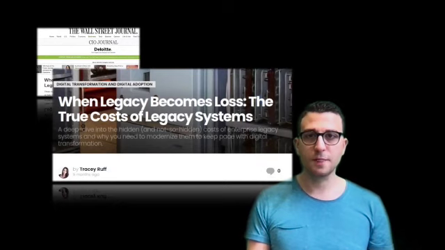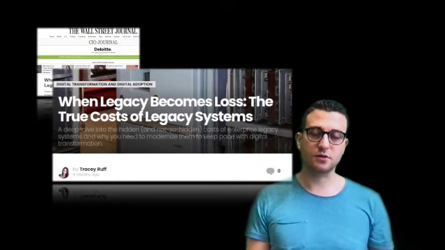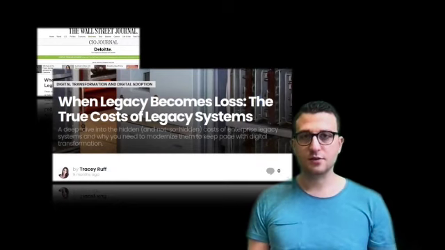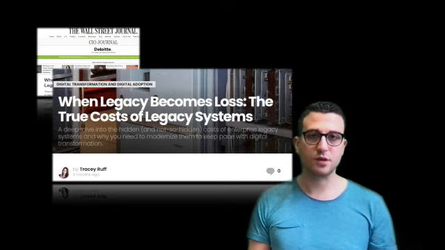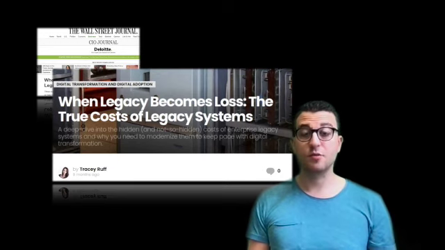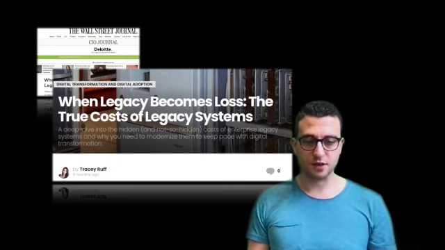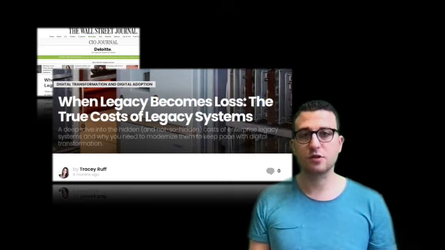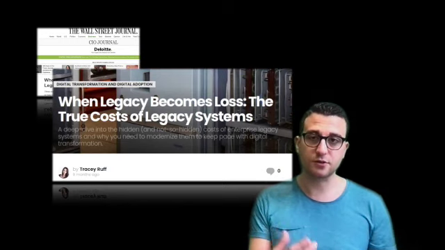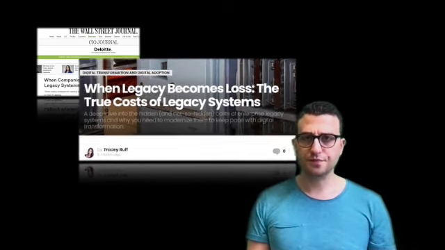On this one here, legacy becomes lost since keeping that system running is increasingly expensive since you don't have much documentation, your original developers might no longer be present. You are developing in technologies that have been developed before the widespread use of modern software engineering technologies and best practices. So this is a problem.